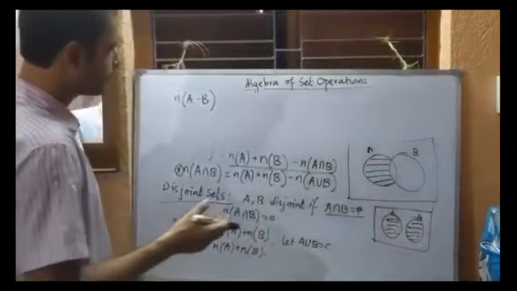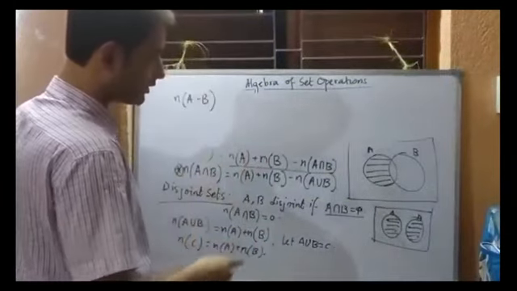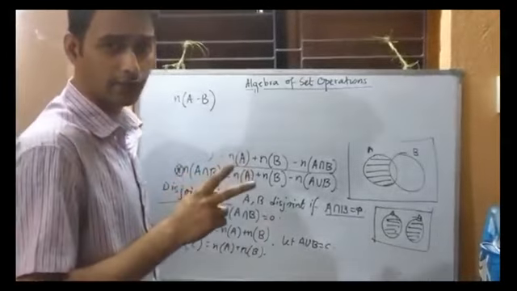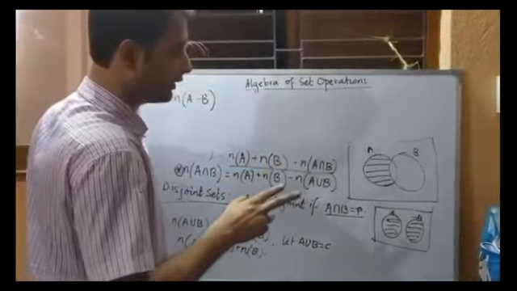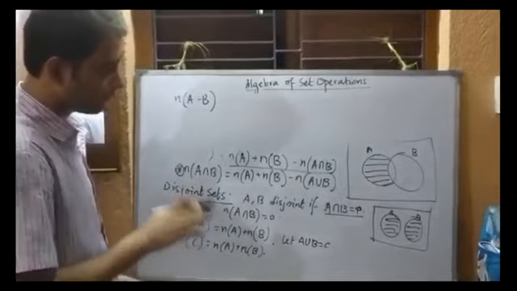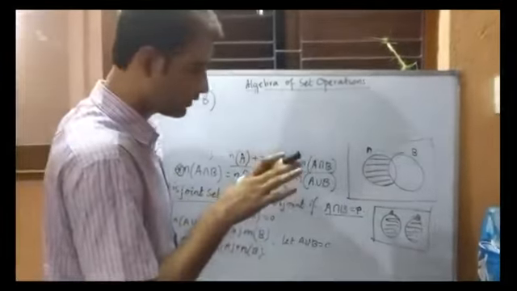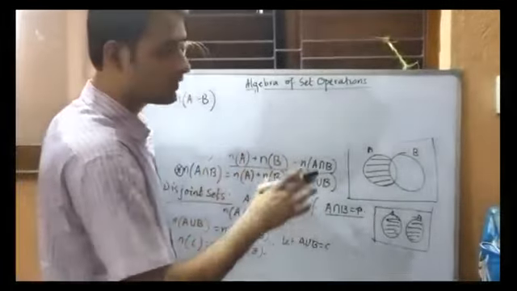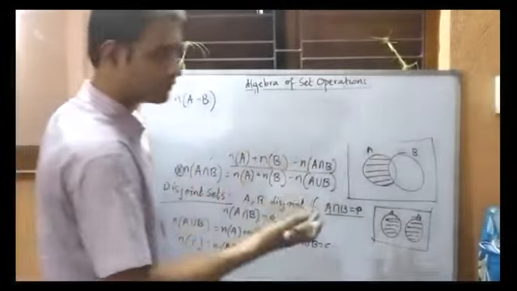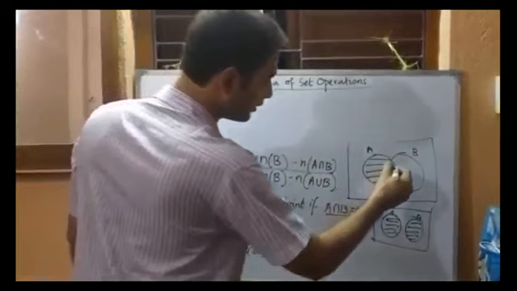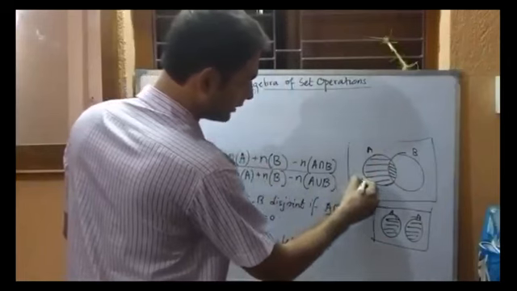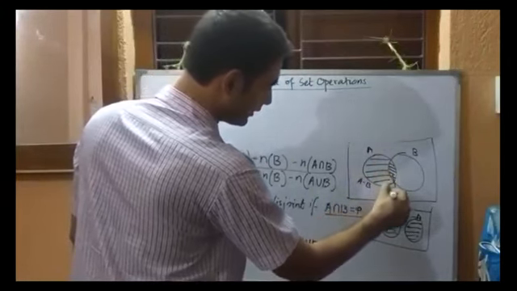So can we construct any situation in which A difference B will be associated, and we will get two sets which are disjoint, and their union will be a given set? So we require two sets which are disjoint, and their union will be a given set. So here A and B are given. We have to find A difference B, so we have to associate A difference B in the situation, and another set we will take as A intersection B. You see, this part is A difference B and this part is A intersection B.